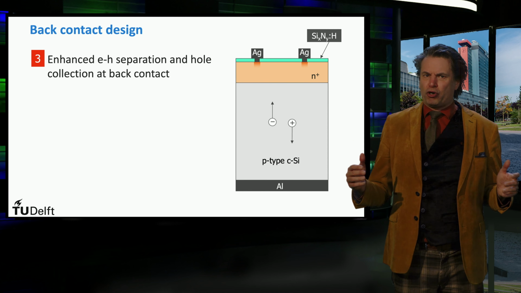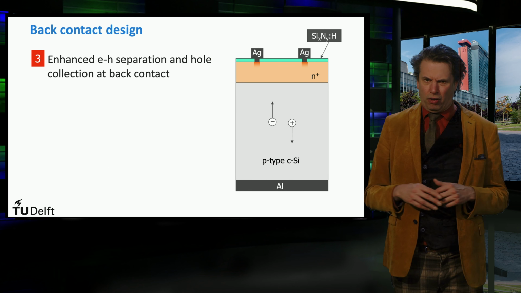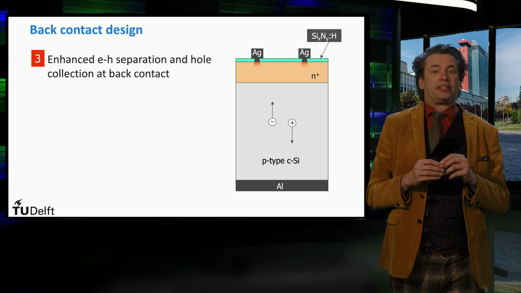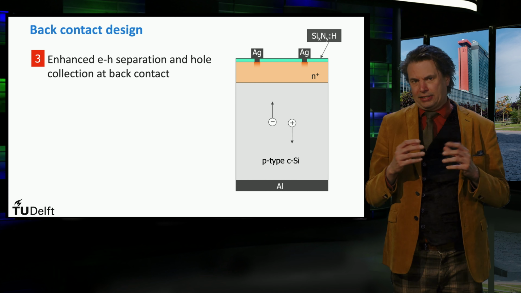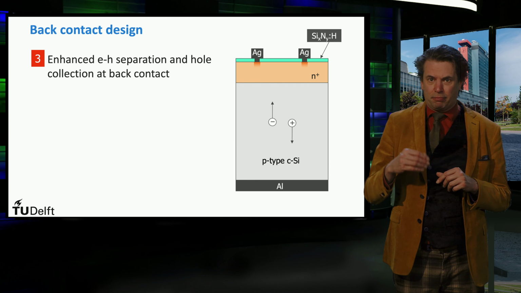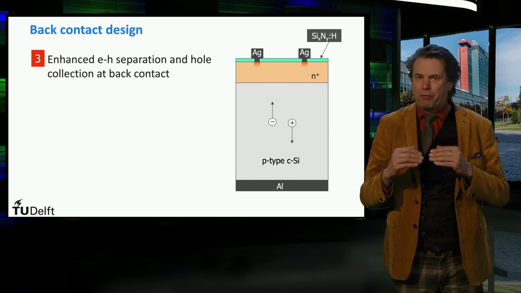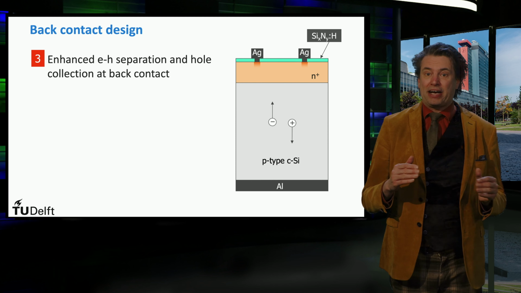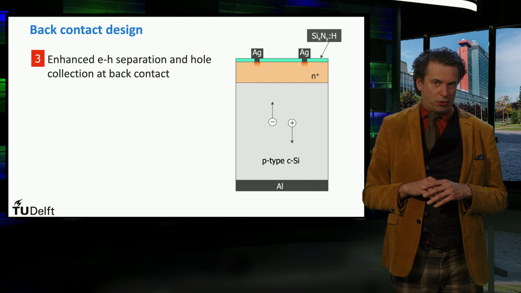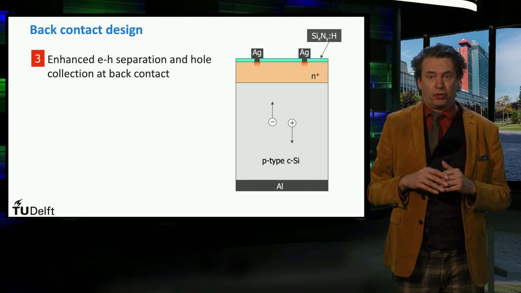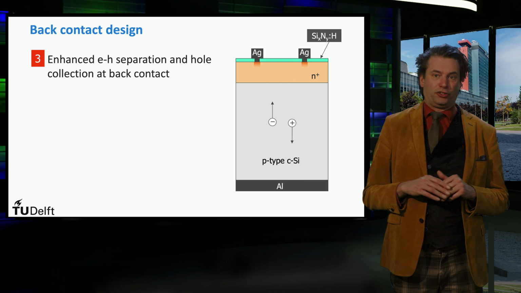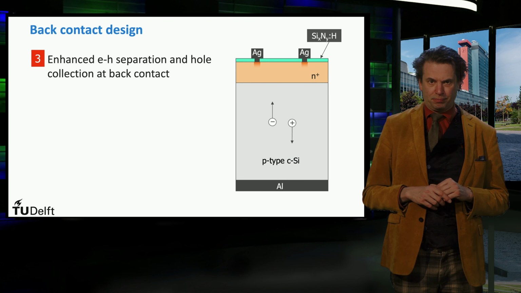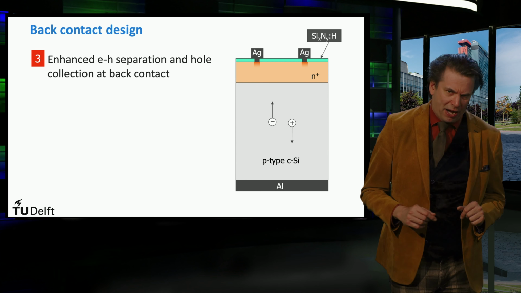At the back surface of the solar cell, we have a similar issue playing a role. As the electrons have to be collected in the N layer, the holes are collected at the back contact. As electrons are the only charge carriers that exist in the metal, you have to realize that the holes recombine with the electrons at the contact interface. If the distance between the PN interface and the back contact is smaller than the typical diffusion length of the minority electrons, the latter mentioned minority electrons can be lost at the defects at the back contact interface due to Shockley-Read-Hall recombination. How can we reduce this loss mechanism?